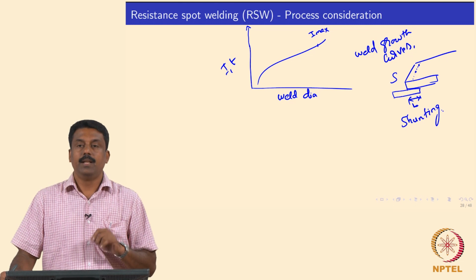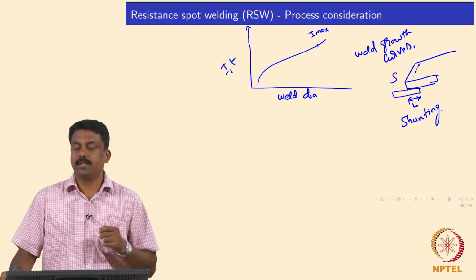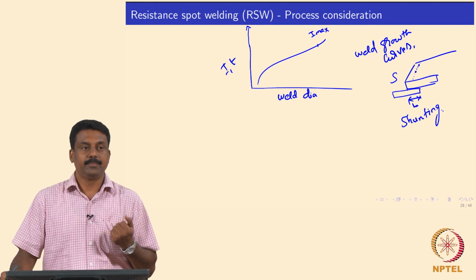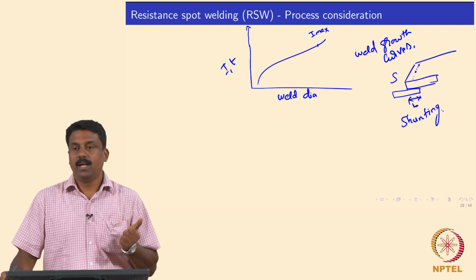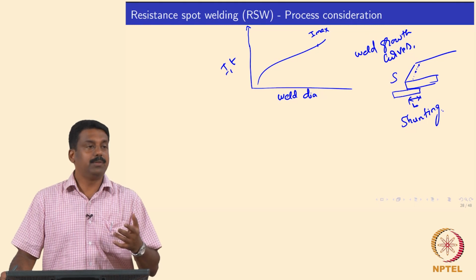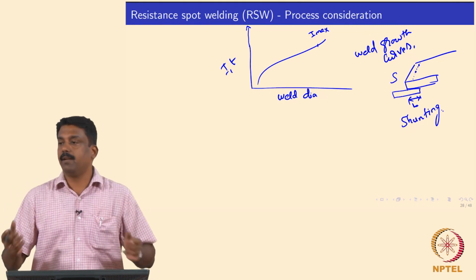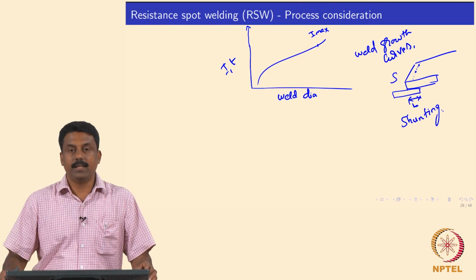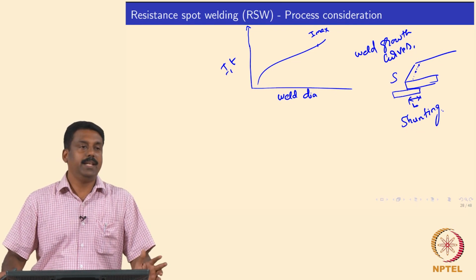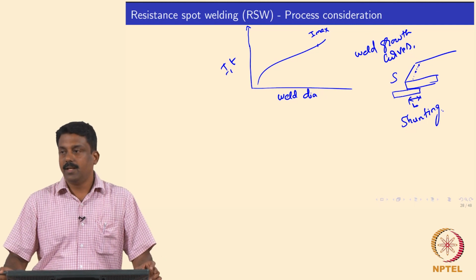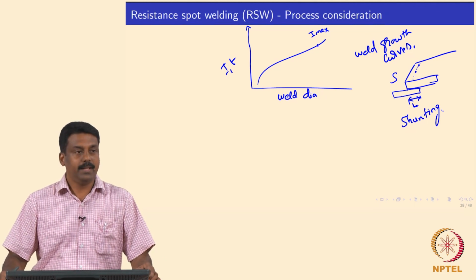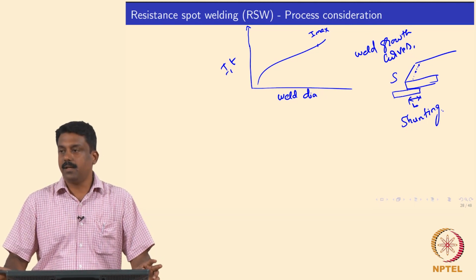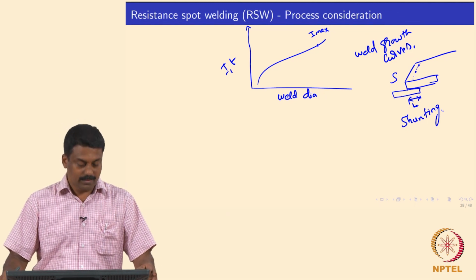In this class we will look at some of the testing methods used for resistance spot welding, right? And then we will see some of the definitions of parameters used to define the quality of the weld, the mechanical property of the weld, right? Then we will move on to some of the problems you may face in resistance spot welding, right? It's clear. So any questions so far on the last class? Okay, then good. So we will move on.